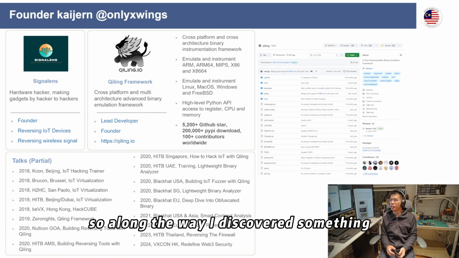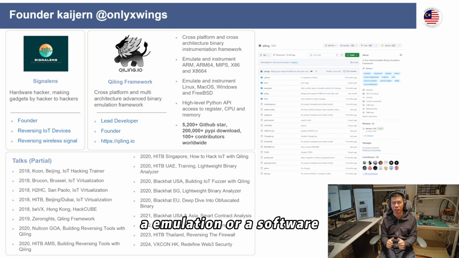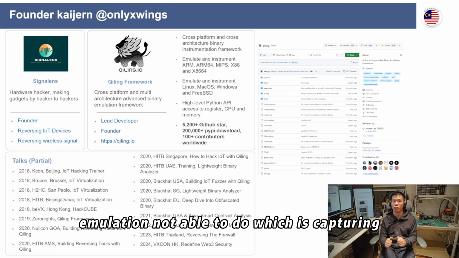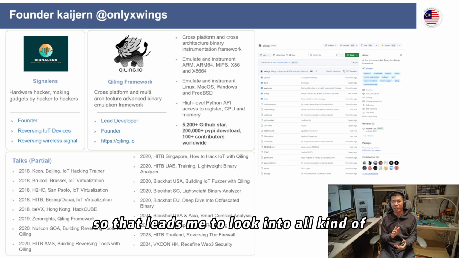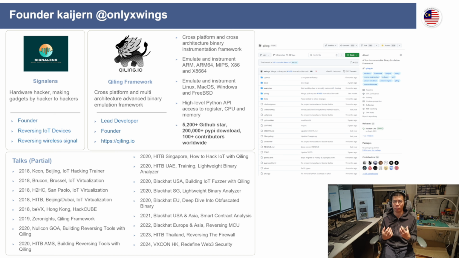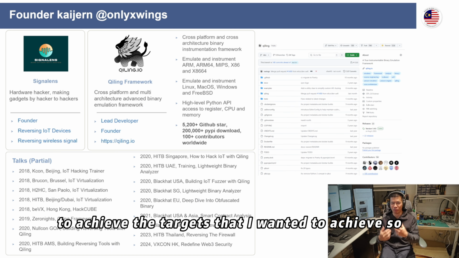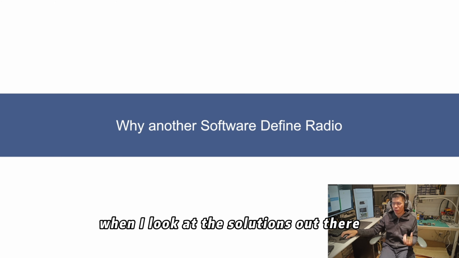So along the way, I discovered something. There is one thing that software emulation is not able to do, which is capturing wireless signals. So that led me to look into all kinds of software-defined radio solutions, to achieve the targets that I wanted to achieve. When I looked at the solutions out there,